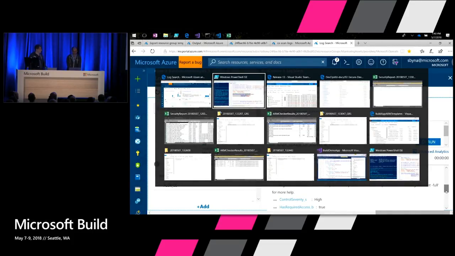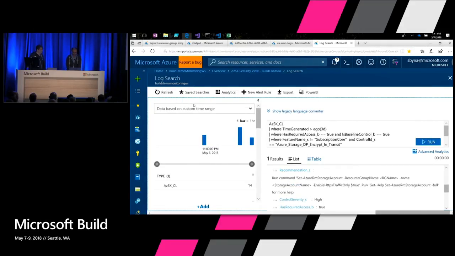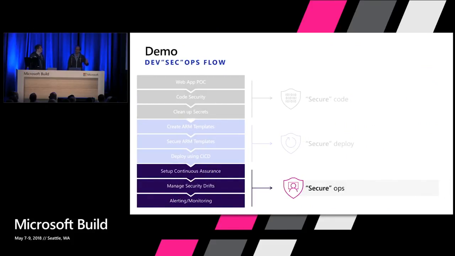This again left us with another challenge. Can you guess what that is? These are all good for engineers, right? Engineers are doing all this stuff. Then the question came to us is, how do we ensure that they're really monitoring and doing the stuff they are expected to do? We are security, we need to have that kind of confidence, right? Yeah, we trust our engineers, but I think we still need to have that visibility and confidence. So that's where Robert is going to show later how security is still having the required visibility, even though we completely decentralized the security into the whole DevOps, right?